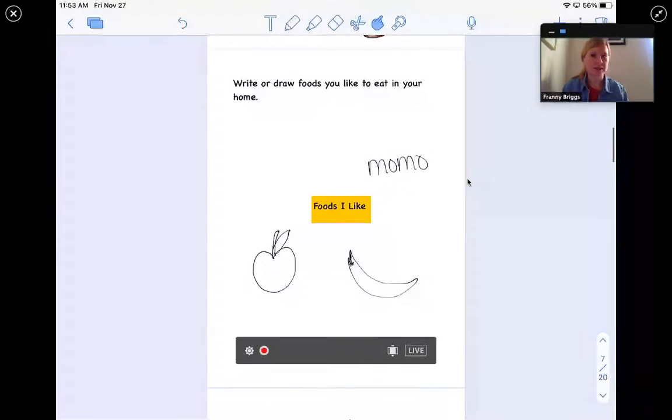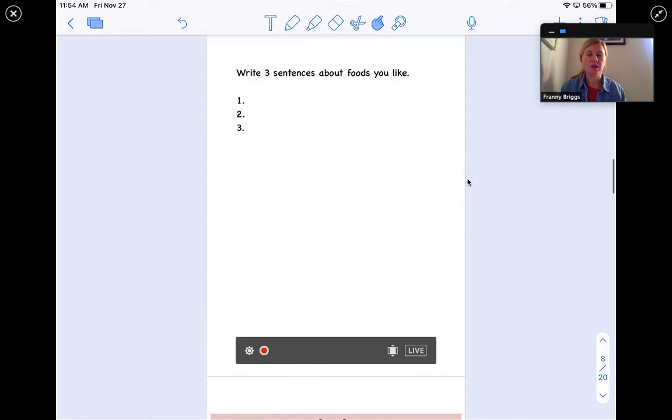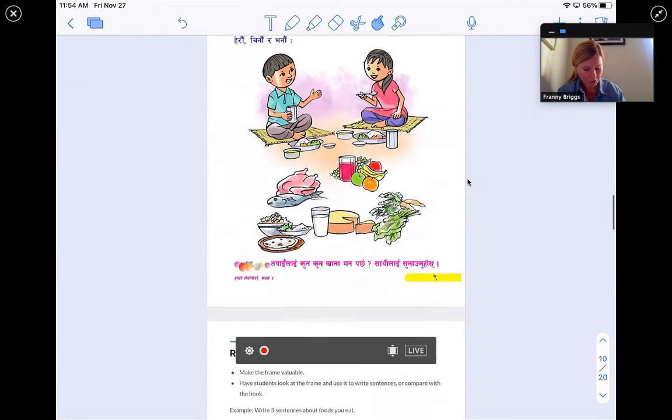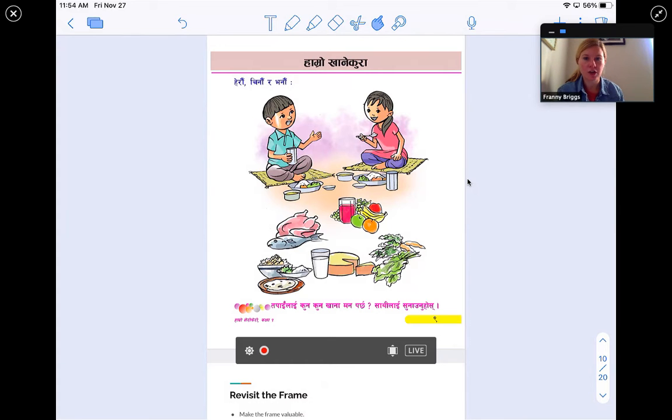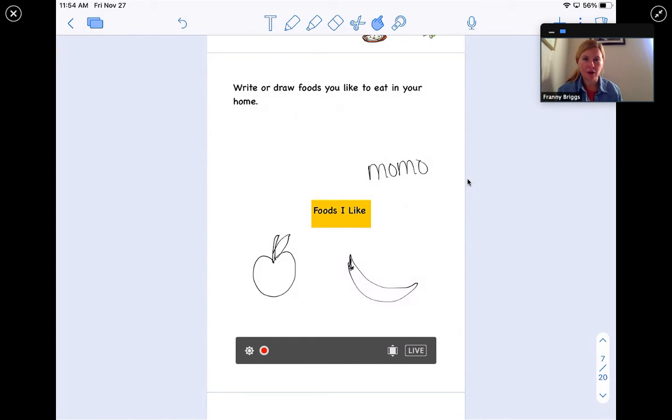Now that the students have created their little organizer, you could have them do an assignment where they have to write sentences. Maybe throughout this little section on food, you're talking about how to talk about food. In the book, we can see these children talking about food, and we see lots of examples. And so the way I would see this DLM lesson going is, step 1,